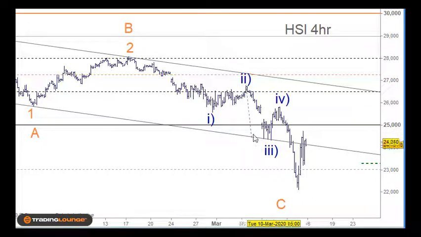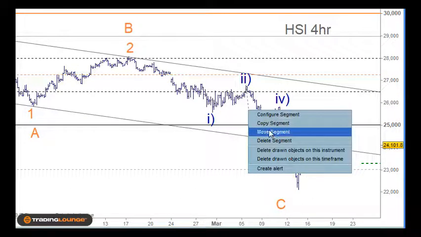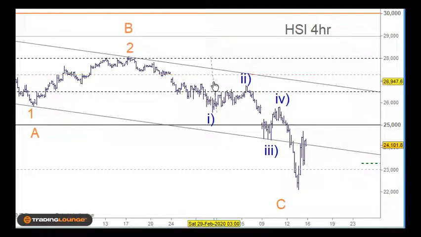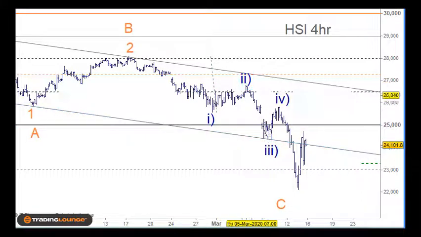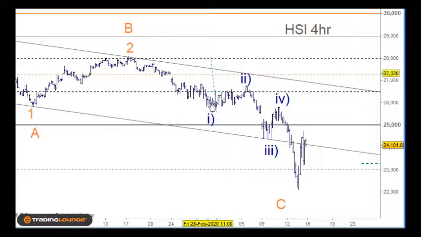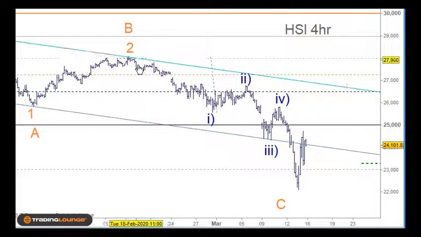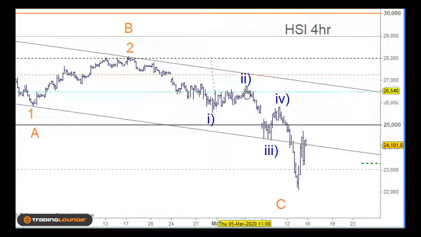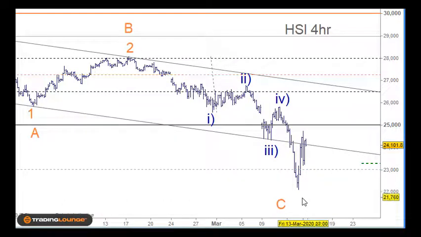So it's roughly about the right length here. So it's a bit of an optical illusion here. So you can see that this one here is the same size as this one here, but this one's got more form in it, where this one is just sort of straight down. But wave 3s are strong, so it is possible to put that there and put wave 5 here,